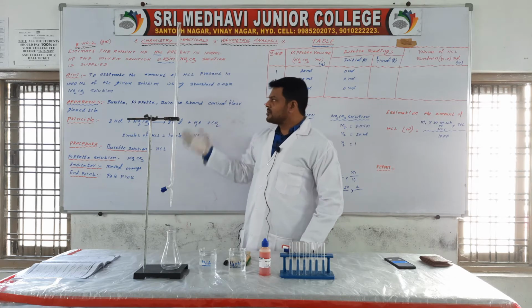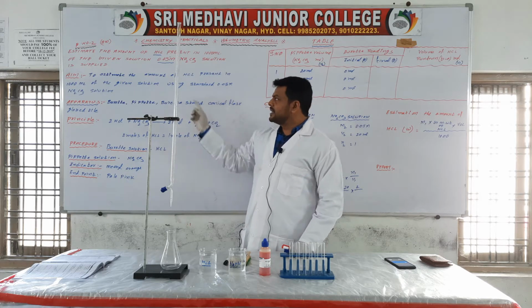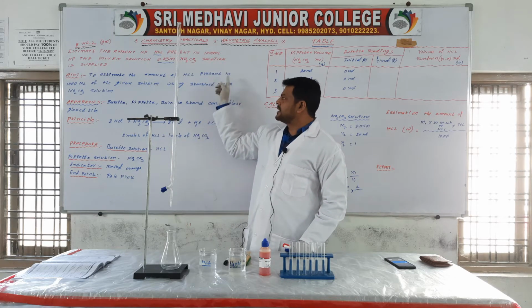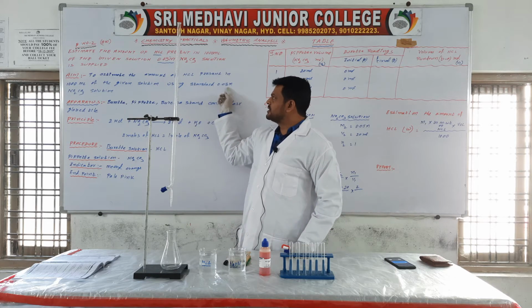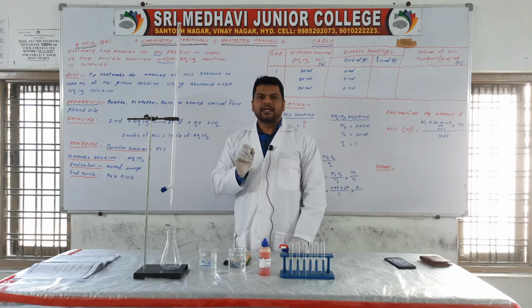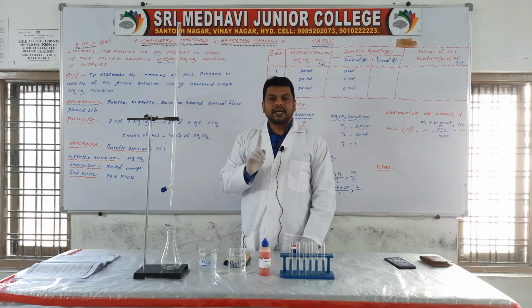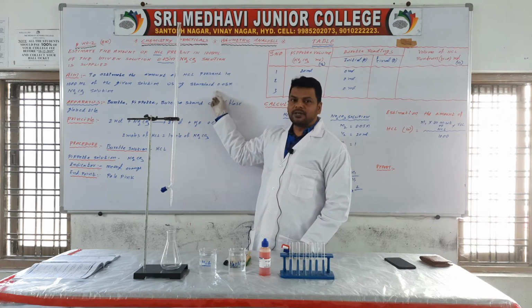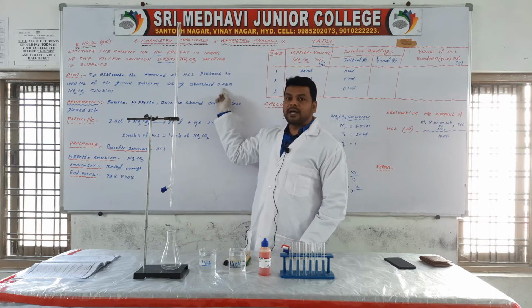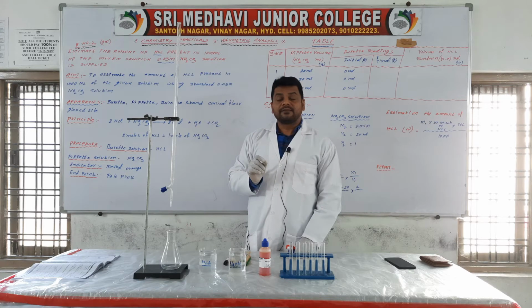For that you have to write the aim first. So what does aim mean? To estimate the amount of HCl present in 1000 ml of the given solution using standard solution 0.05 molar Na2CO3 solution. Standard solution means the solution whose concentration is known. So here sodium carbonate solution is a standard solution. Here the molarity of sodium carbonate is given, that is M2, and the molarity of HCl we have to find, that is M1.